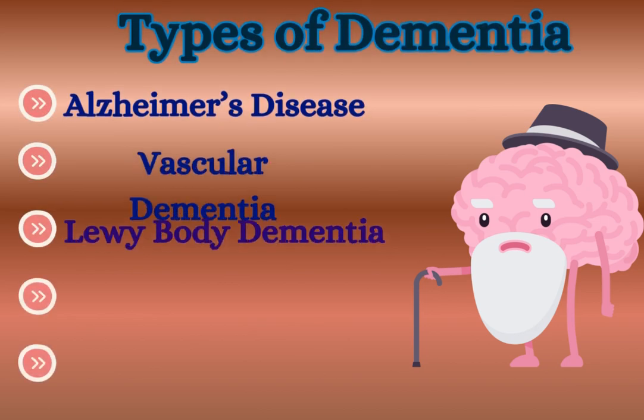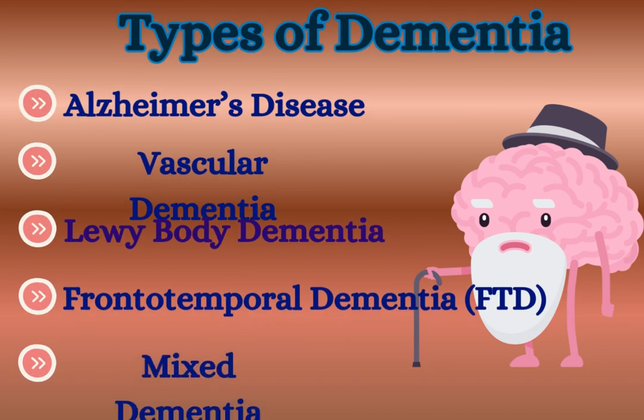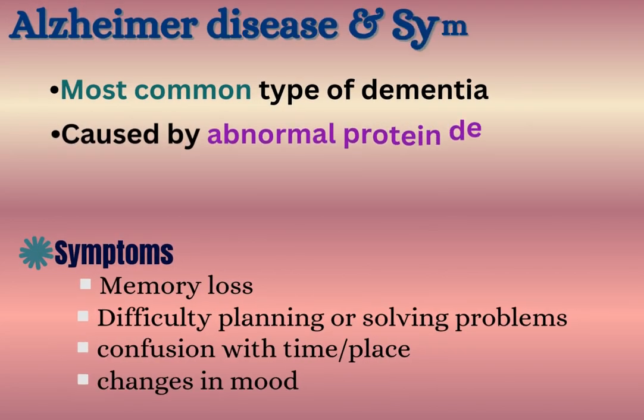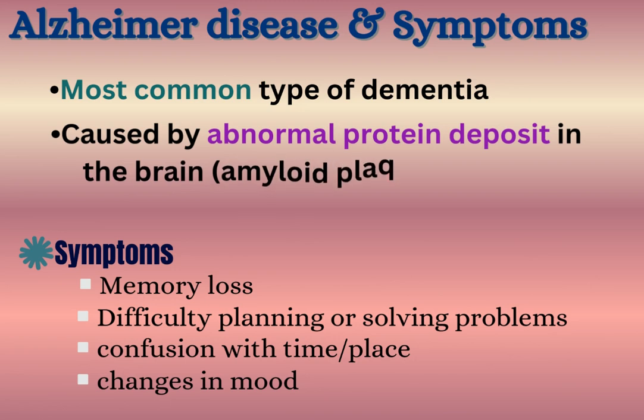Types of dementia. 1. Alzheimer's disease. 2. Vascular dementia. 3. Lewy body dementia. 4. Frontotemporal dementia, FTD. 5. Mixed dementia. Alzheimer's disease. It's the most common type of dementia, caused by abnormal protein deposits in the brain, amyloid plaques